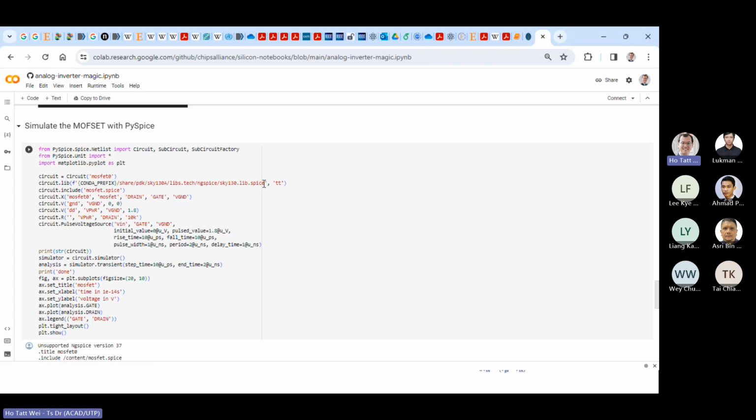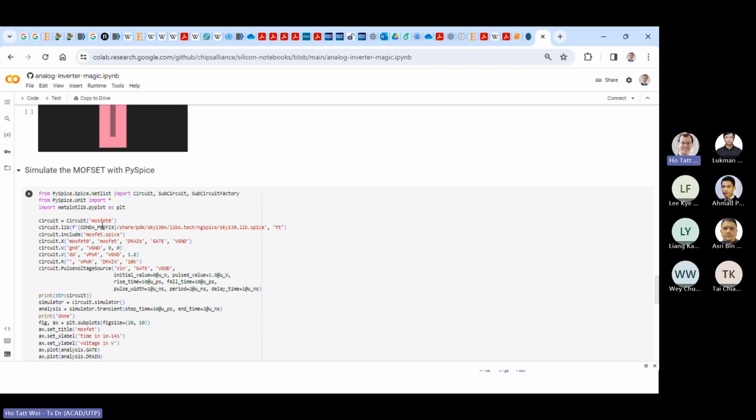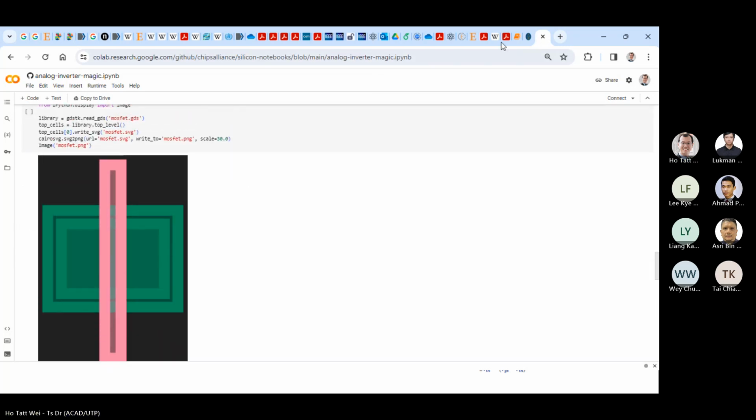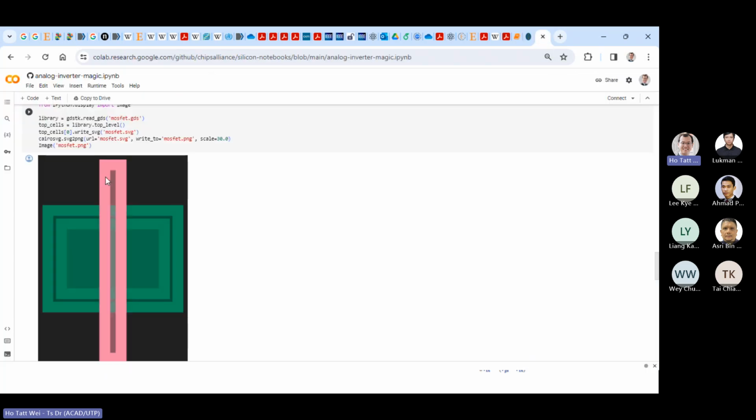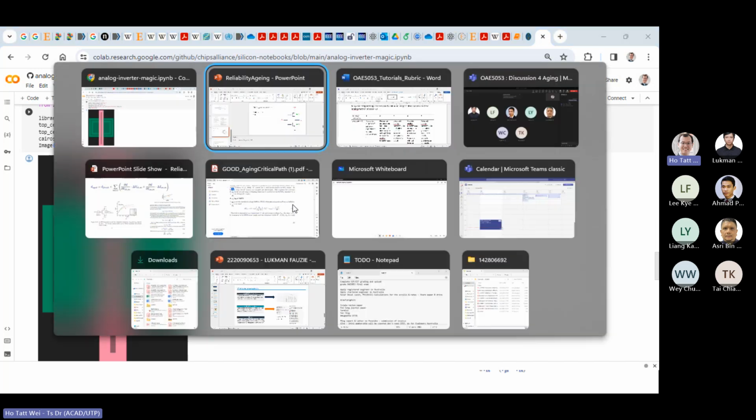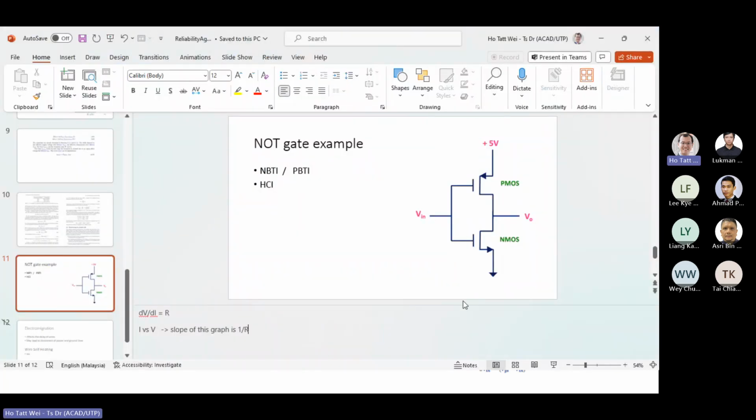Actually, going back to fundamentals, if you have the library model here, the lib.spice file, you can simulate the IV characteristic of the MOSFET. You can estimate the R value. And then you can estimate here in number 2 the gate capacitance and the junction capacitance. Gate capacitance is here, so you are using it to estimate the capacitance at this level. Junction capacitance is here. So I'm getting you to be able to extract the capacitance here and the capacitance here.